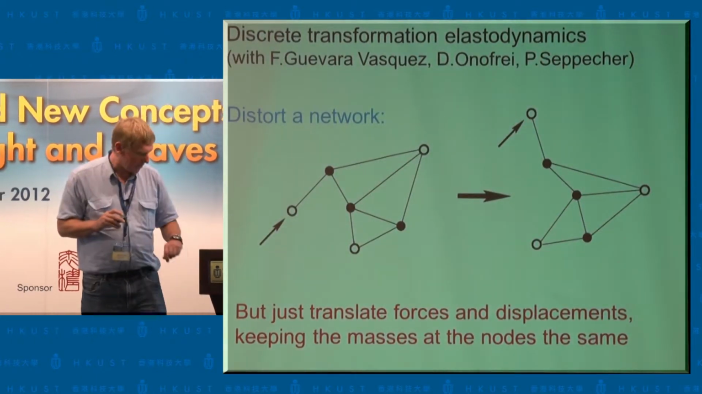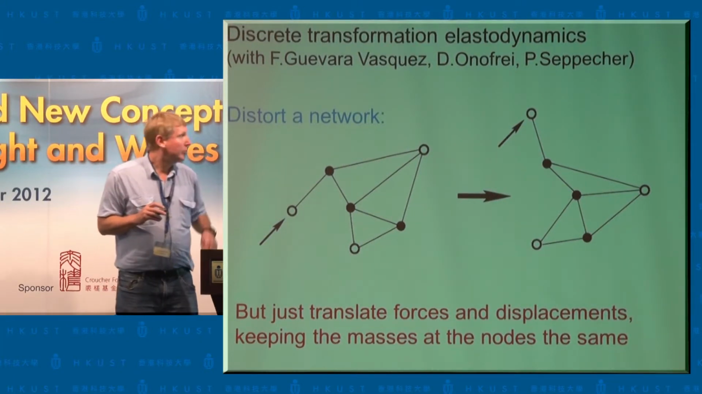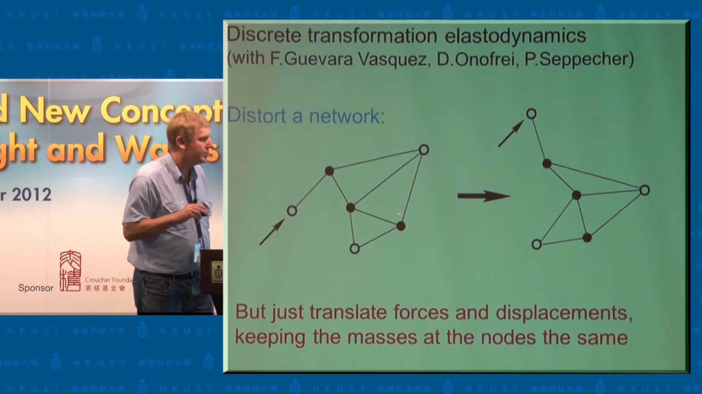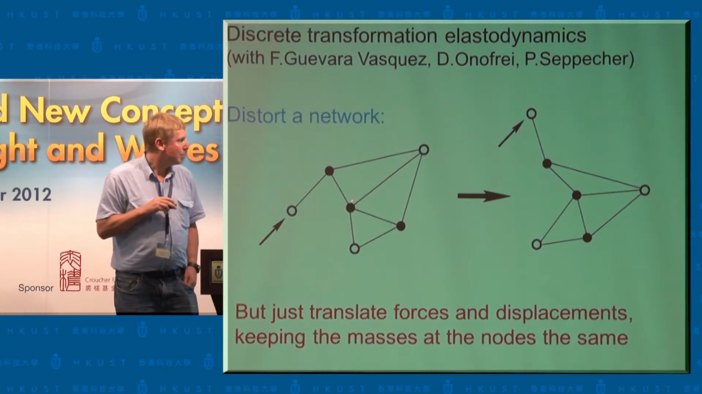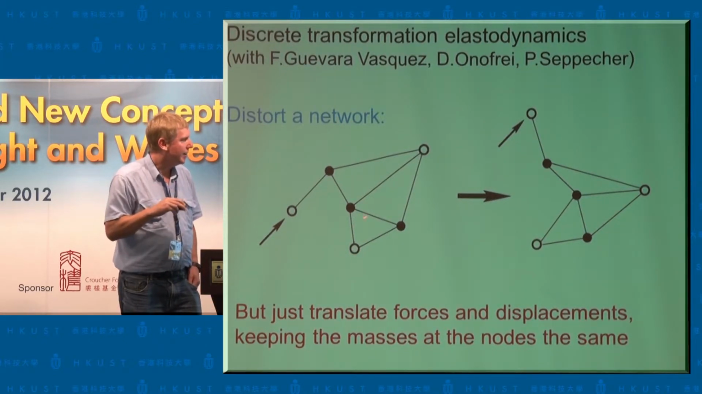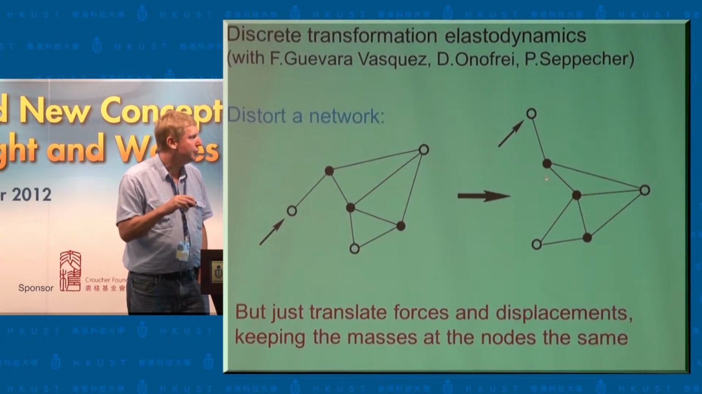So I wanted to talk about discrete transformation elastodynamics. The idea is that if you've got some network, here the straight lines are springs. The circles are terminals where you apply forces, and the black dots could denote masses, for example, or internal nodes. And suppose you've got some network of springs and masses, and now suppose we do some transformation to a new network